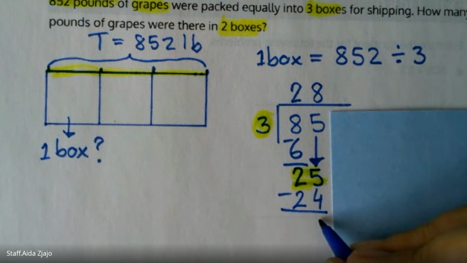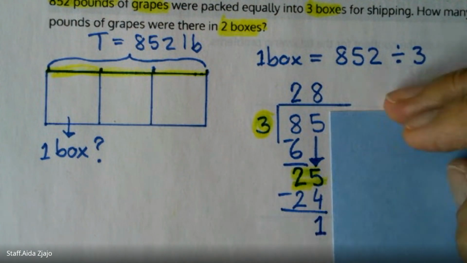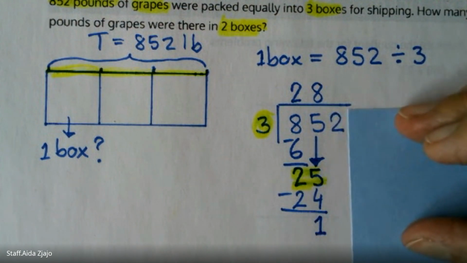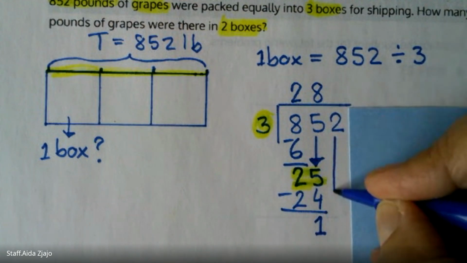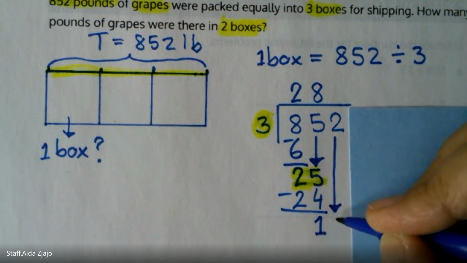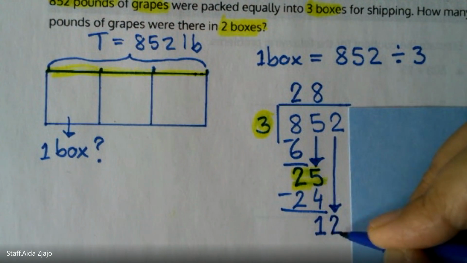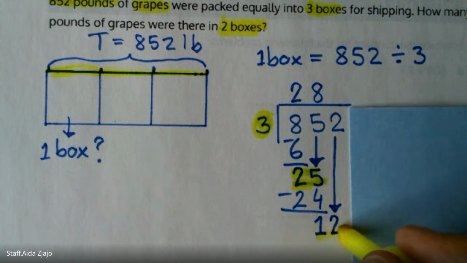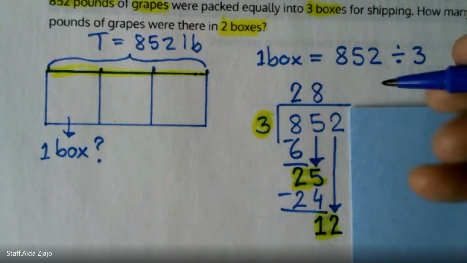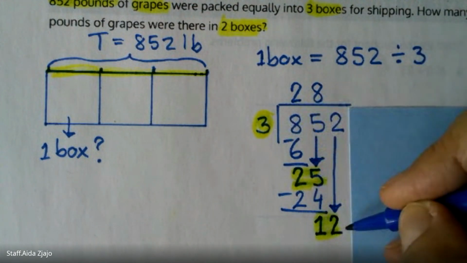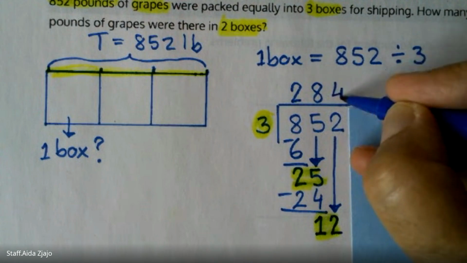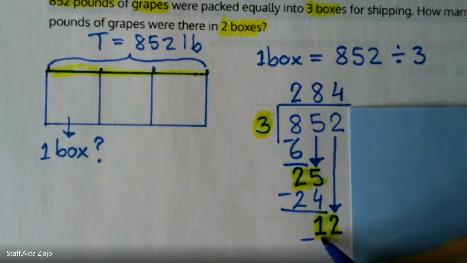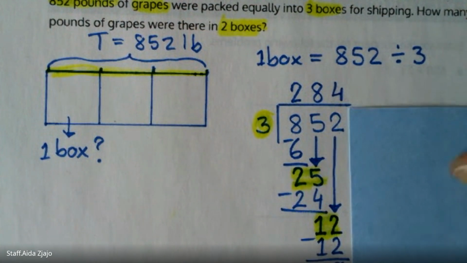So 25 minus 24, there's only 1 ten left. Finally, we bring down the ones, and together with the 10, that will be 12 ones. Then you can think, 3 times what makes 12, or how many groups of 3 are in 12? There are 4. 4 times 3 is 12, and we have nothing else to share, so our answer is